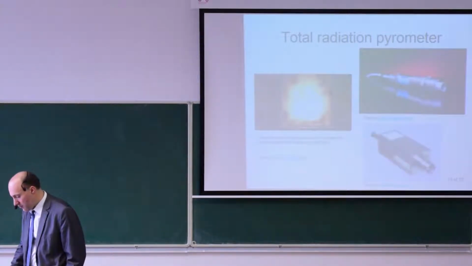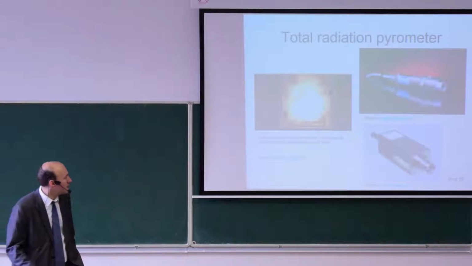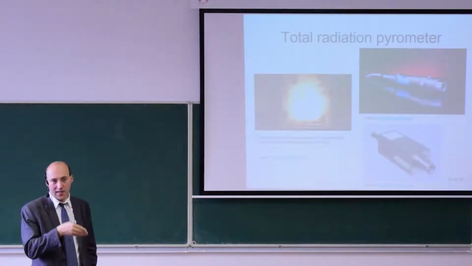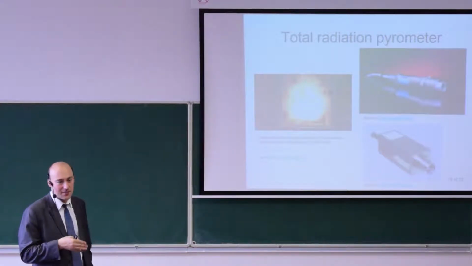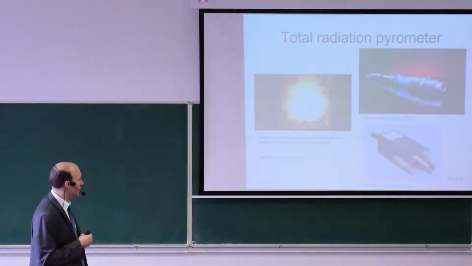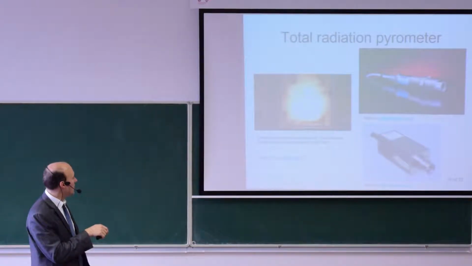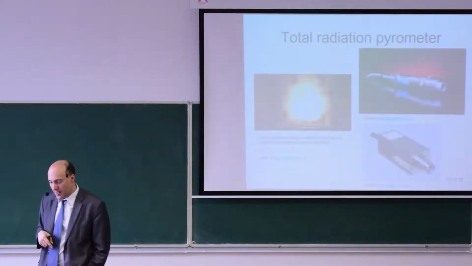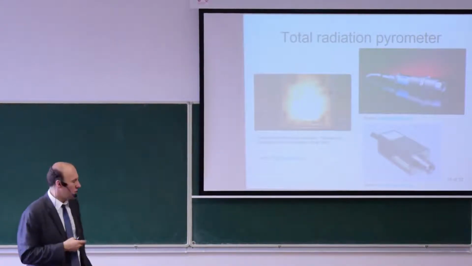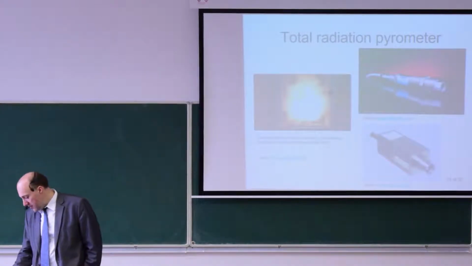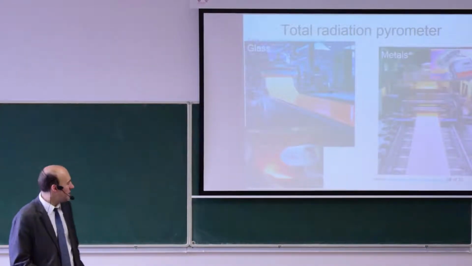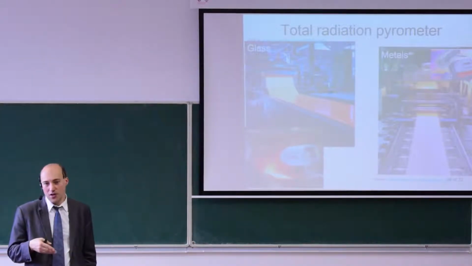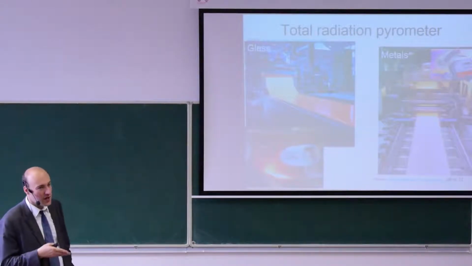Here are some examples of those devices. So they look like this. Here, of course, the optics is not from glass, but it's from appropriate materials, as we have already seen. Here you see some application where they used it to measure the temperature during an explosion of a charge. Now, the typical application looks like this. So you have a glass, you have metals, and you want to measure what is the temperature during the manufacturing